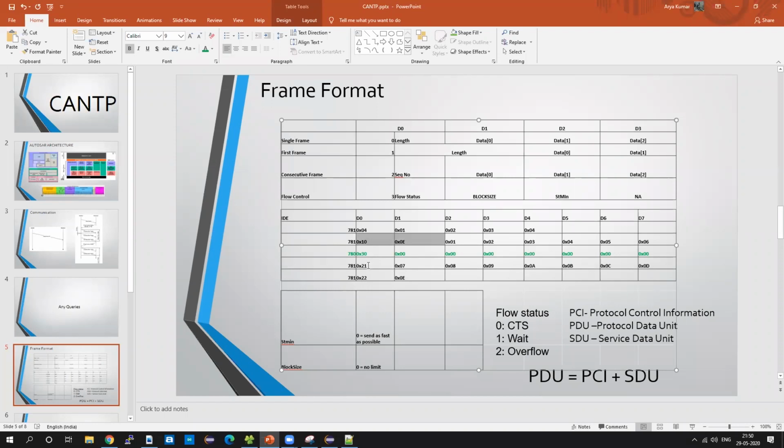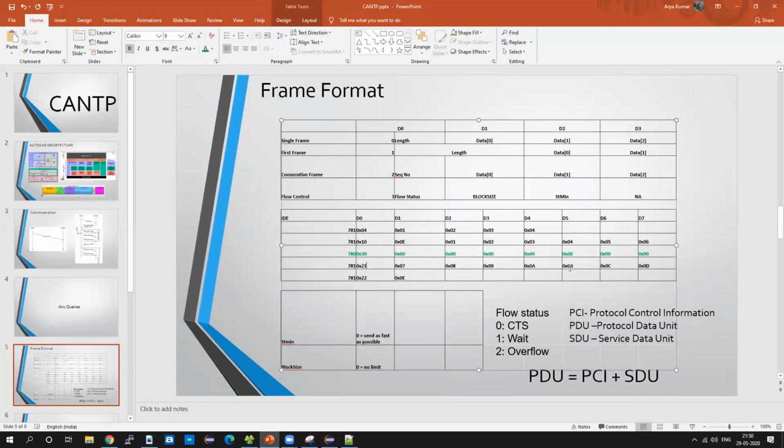But before that, it will send the ID of the consecutive frame and the sequence number. The sequence number will start from 21, then go 22, 23, 24, 25 up till 2f, and again go to 20, 21, 22, 23, 24, likewise. So after the first frame, the next data the sender sends will be from 21.